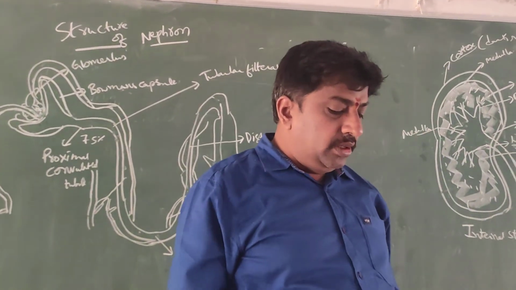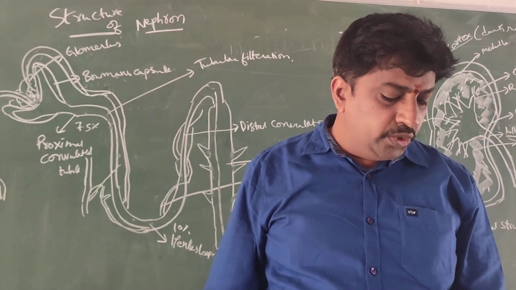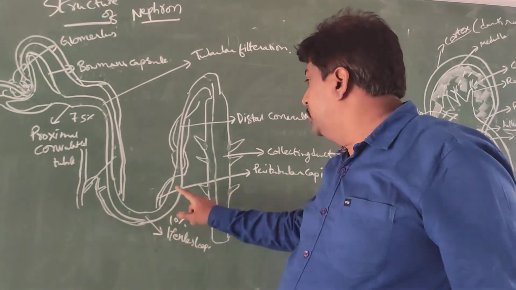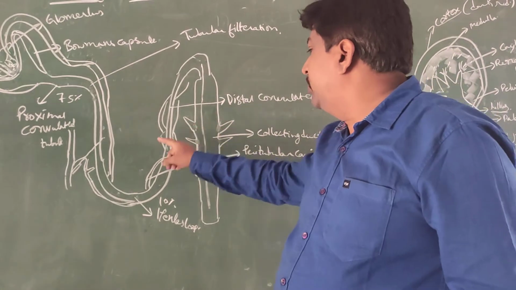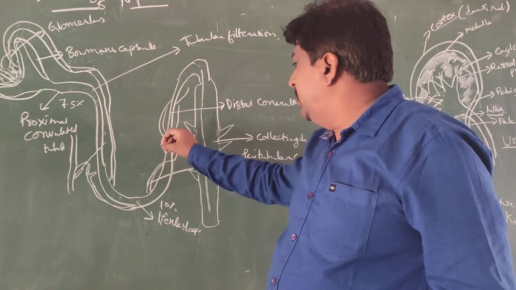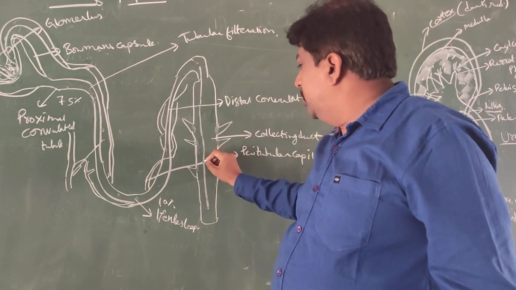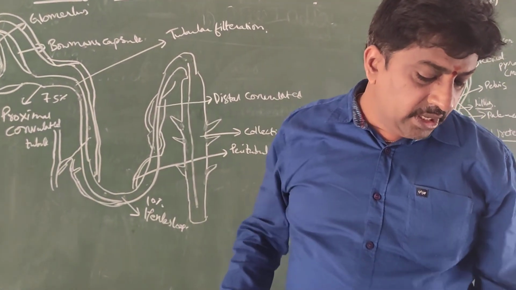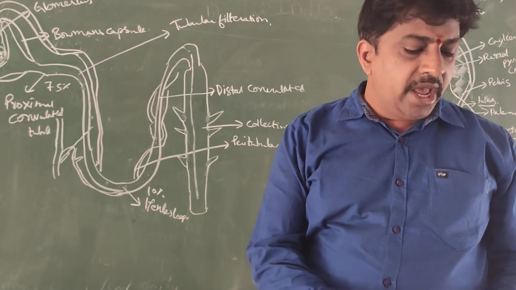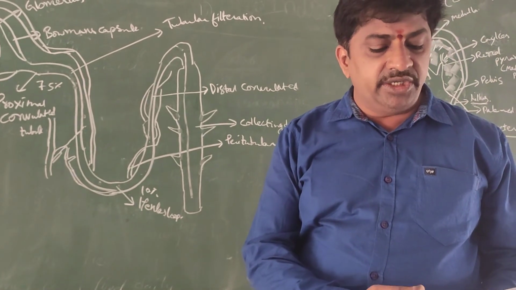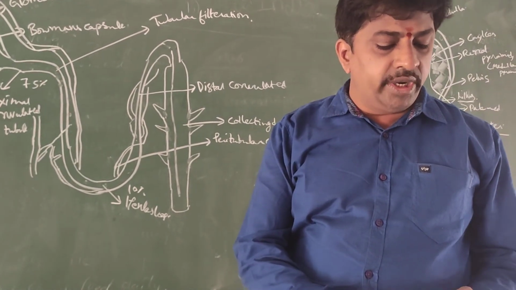I want to explain tubular secretion. Tubular secretion: from the proximal convoluted region, the urine travels through the Henle's loop to the distal convoluted tubule, as I told. But here, what happens? Peritubular networks are there. The peritubular capillaries supply the waste materials into the distal convoluted tubule. This distal convoluted tubule supplies towards the collecting duct. Here only, it maintains the proper concentration and pH, and a smaller amount of tubular secretion also takes place in the area of the proximal convoluted tubule.